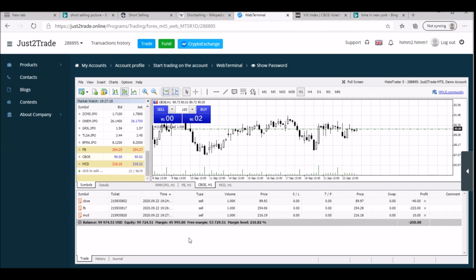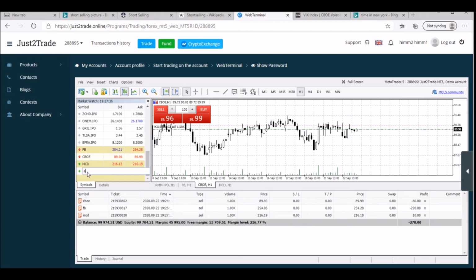Well, guys, we are losing. Okay, so for McDonald's, it says we've made $10 so far. Okay, let's see. We can actually short a lot of stocks too because we have a lot of money in our account. It's a demo account. So let's say,